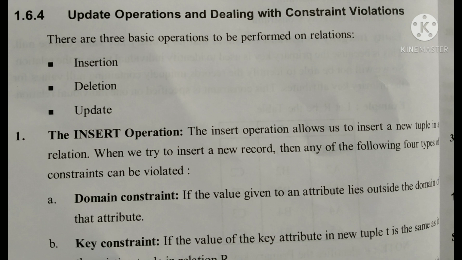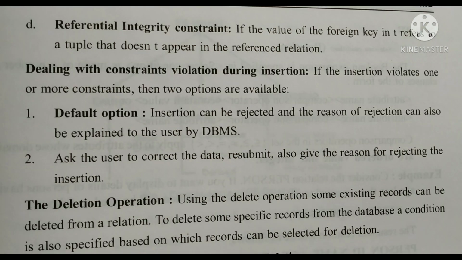What are the referential integrity constraints? It states that a tuple in one relation that refers to another relation must refer to an existing tuple in that relation. This constraint is specified on 2 relations, not necessarily distinct. Here you can refer to another table's primary key values. It states that the tuple in one relation that refers to another relation must refer to an existing tuple in that relation.